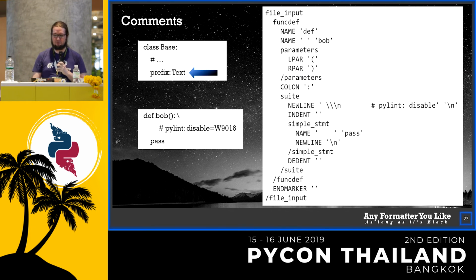What I want you to take away from this is there are lines with all caps identifiers, and they usually have 2 parameters. The first one is the prefix, and the second one is the actual value of the node. So in that case, the highlighted line corresponds to the pass statement, and it has 4 spaces as a prefix because it's indented by 4. Kind of terrible, I know.